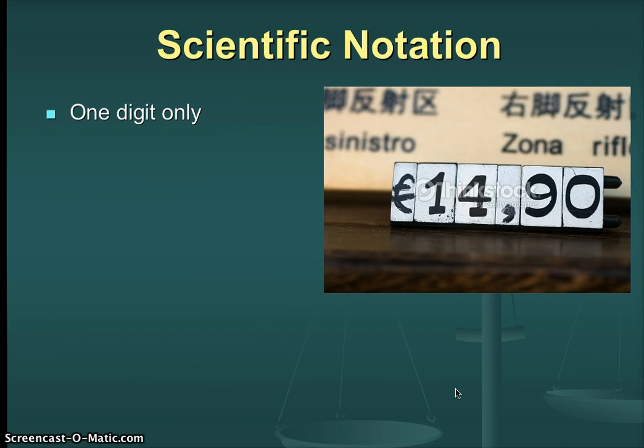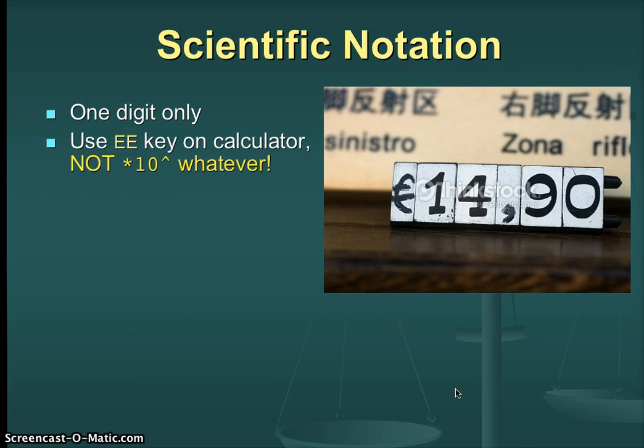Ask Victor, ask Fede, ask Daphna. Scientific notation is the only portable way to go. Your calculator has a special key for scientific notation. It's a capital E, it's very small, and it's doubled up. Do not write times 10 to the whatever power it is on your calculator. Your calculator will not understand, it will trip over its own order of operations, and more often than not, you will type the right problem, but get the wrong answer, especially in a denominator.